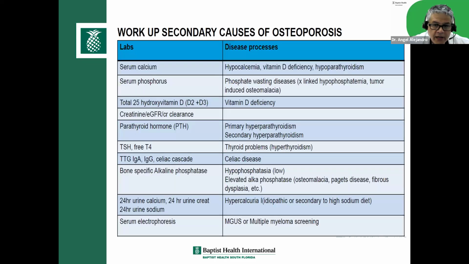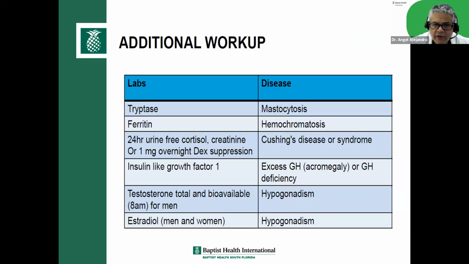These are possible secondary causes of osteoporosis. This is important. If you have a patient with primary hyperparathyroidism, one of the consequences of that would be the development of osteoporosis. Patients with hyperthyroidism can develop osteoporosis. Patients with celiac disease don't absorb vitamin D, they don't absorb calcium, they can develop osteoporosis. Don't forget Paget's disease, that could do it. Multiple myeloma, those patients can also develop osteoporosis. So these are possible secondary causes.